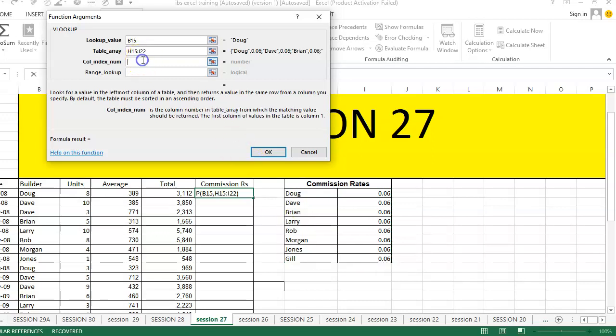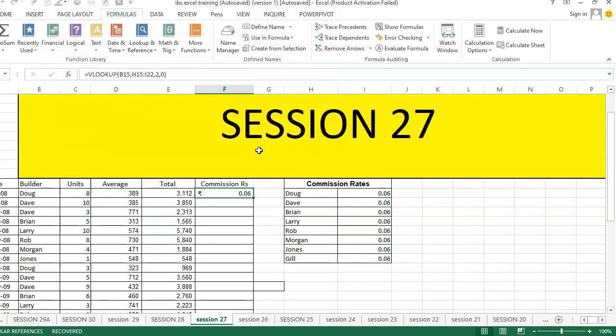The column index number is the index number with respect to the table array from which data has to be extracted. So here I have 2 columns, column 1 is the names, column 2 is the rate. So if I want the rate, I have to put column 2, and 0 is for false, that is exact match, and then just click OK. So if you see here, 0.06 has got extracted.